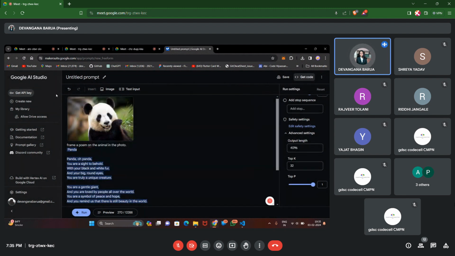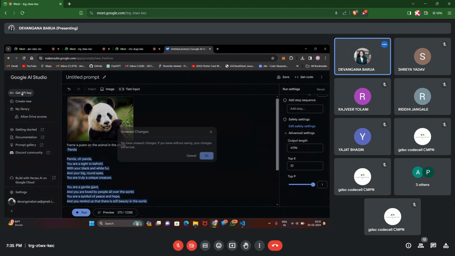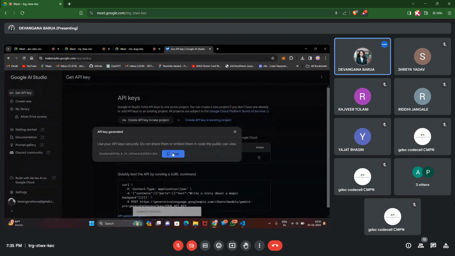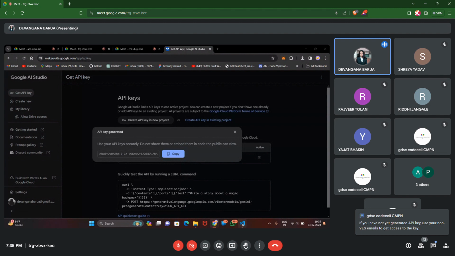So let's create an API key. If you haven't logged in yet, please go to this site, makersuite.google.com, and you have to first create an account, I think, and then press on Create API key in new project. Since I already have a key created and it doesn't give me permission to add new keys, I'll be using this. Just copy this key and paste it